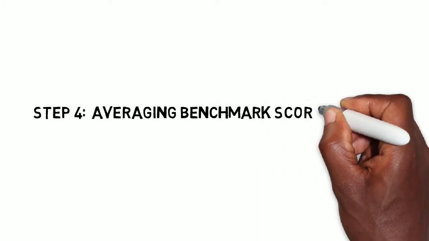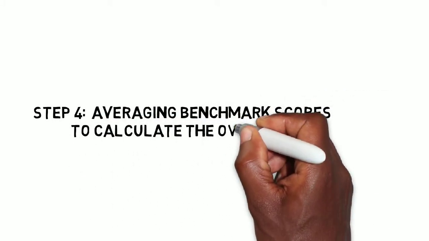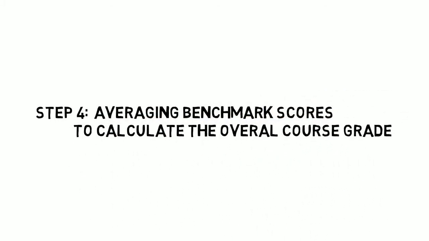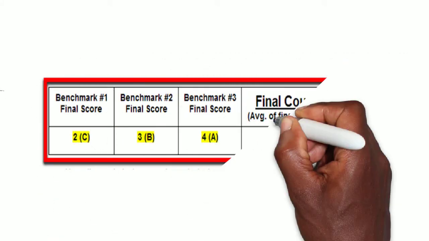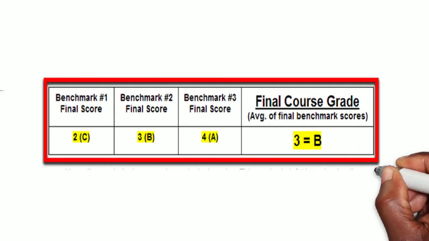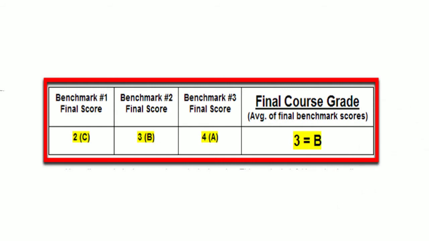Step 4, the final step in the process, is averaging benchmark scores to calculate the overall grade. This last step in calculating the final grade for a course is to average the individual benchmark scores. Remember, each final benchmark grade is an average of the last 3